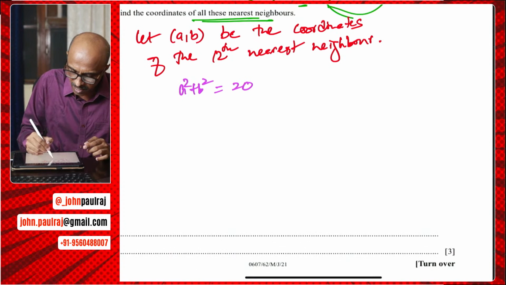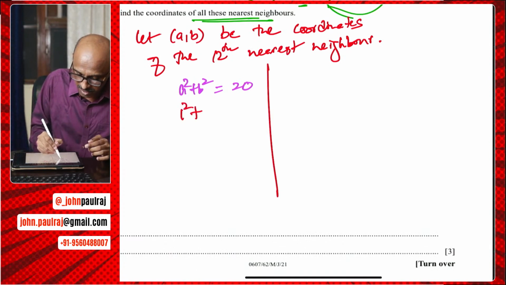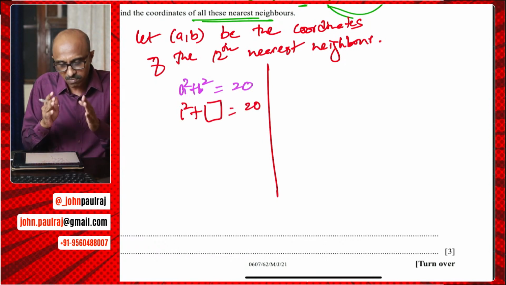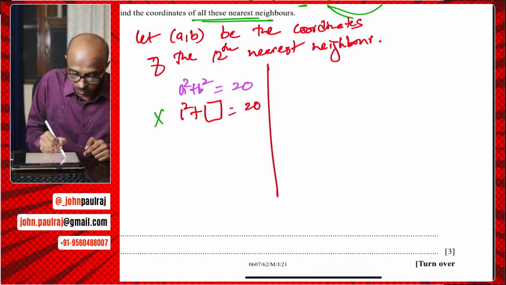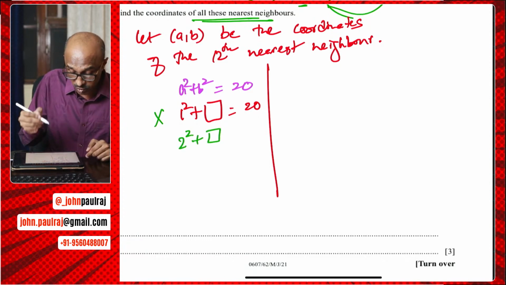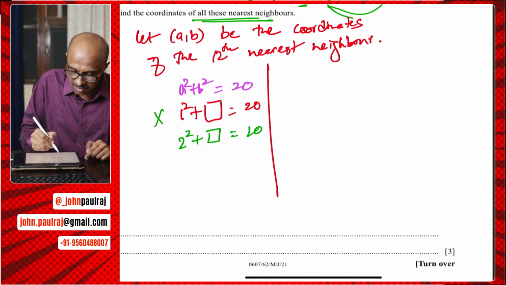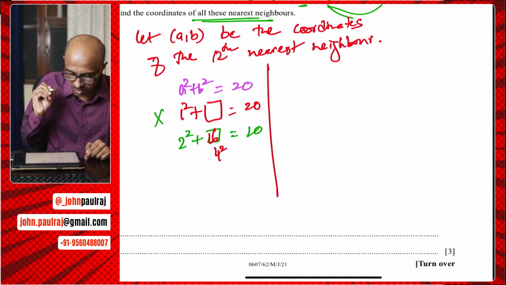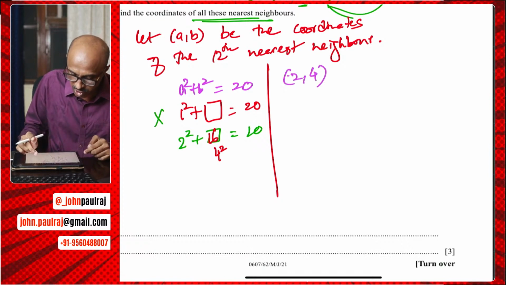If you just take a is equal to 1, what's going to happen? Then you'll have 1 square plus some square number should be equal to 20. But 1 square is 1, and 1 plus 19 gives you 20, so that's not going to work out. If you take the next integer, 2 square plus some other square is equal to 20: 2 square is 4, 4 plus 16 is 20, and 16 is actually 4 square. So 2 square plus 4 square is 20,